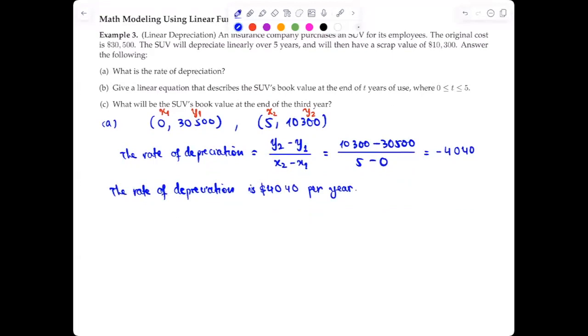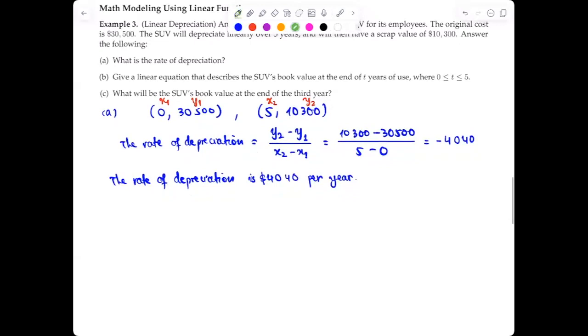In other words, another way to conclude this calculation is that the value of the car, of the SUV, reduces at a rate of $4,040 per year. You with me on that? So that's another way to conclude this calculation: the price of the SUV reduces